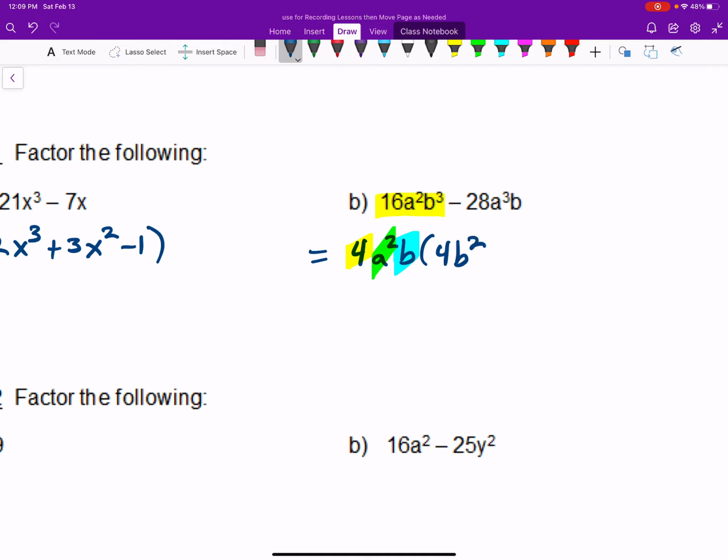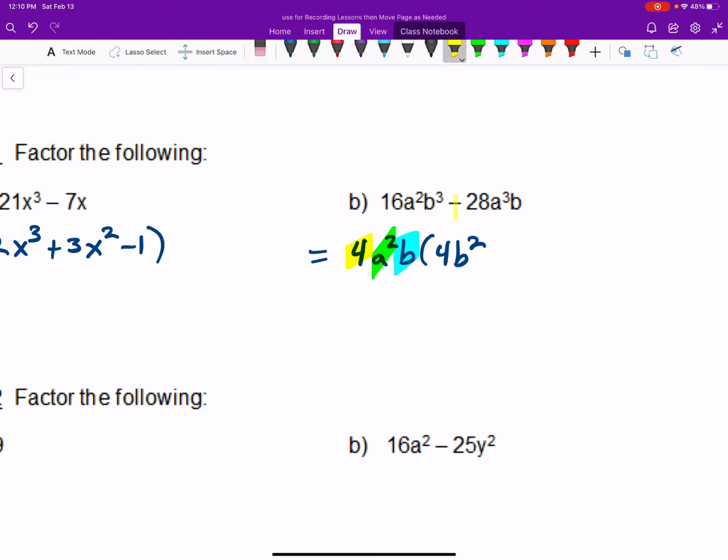And I can always check my answers too. I could try multiplying this back out. 4 times 4 is 16. A squared times nothing is a squared. B times b squared is b cubed. That would take me back to what I started with. Then I move on to the next